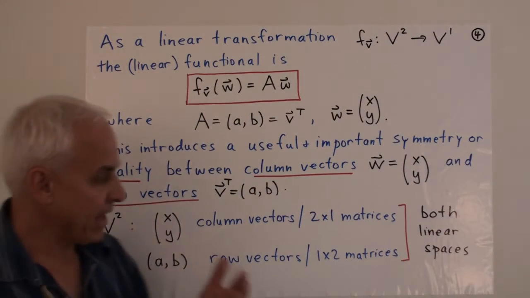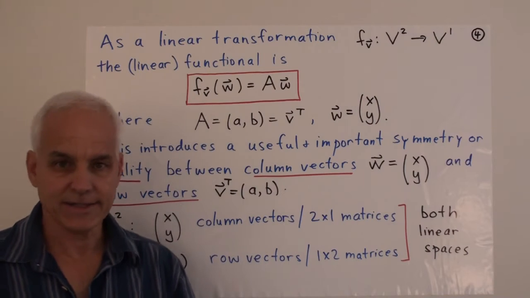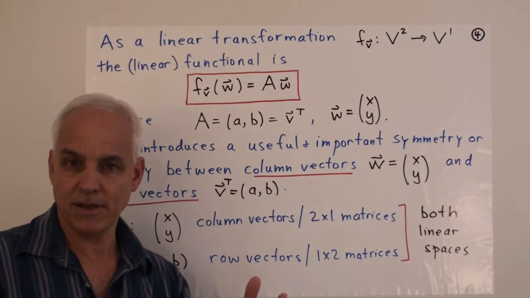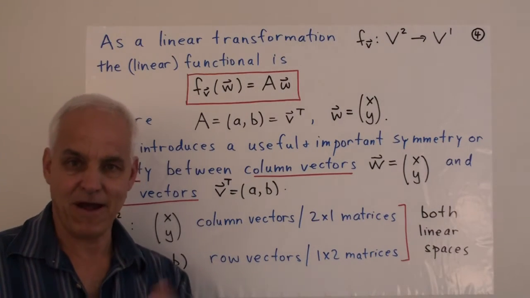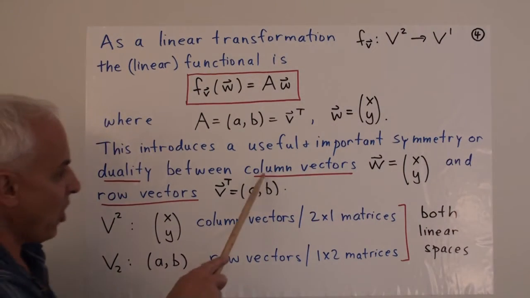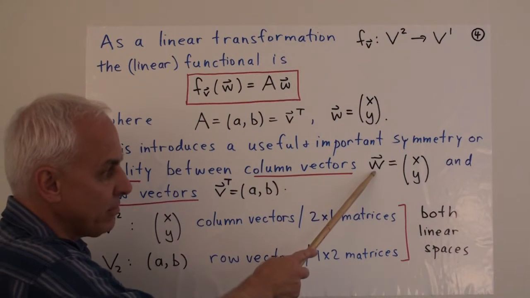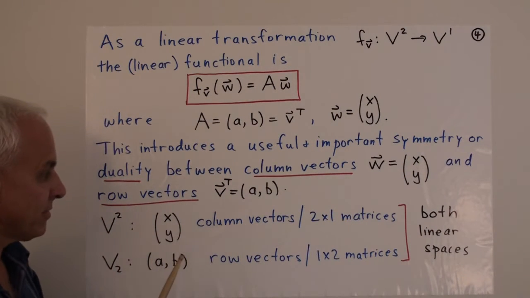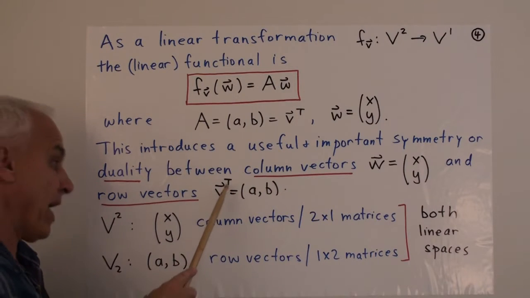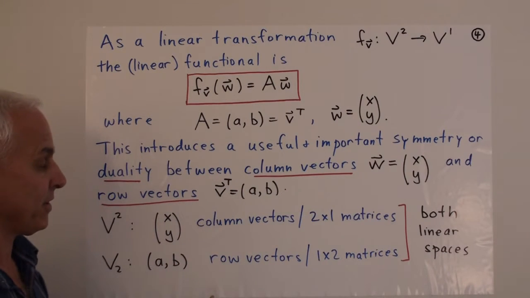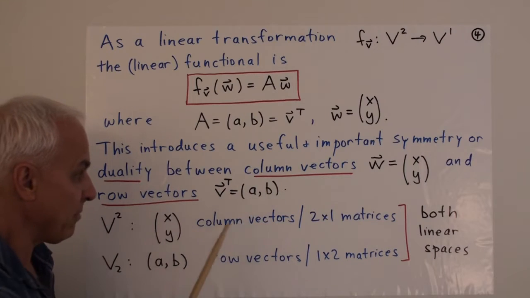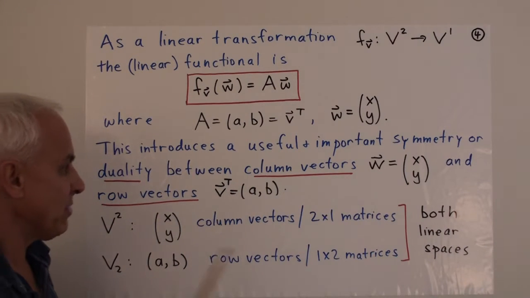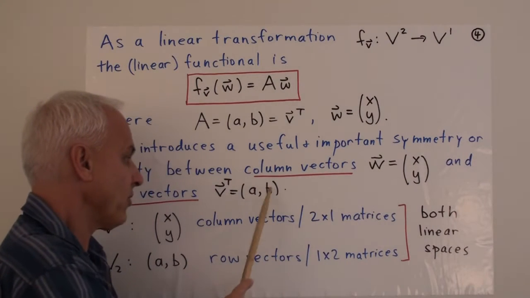But now we see that this dot product is somehow mixing these two types of vectors, or maybe we should think of it as sort of identifying them. So if we think of column vectors, say w of the form (x, y), and row vectors, which are obtained by the transposes of the column vectors, say the row vector (a, b), then there's really a symmetry in this situation between a column vector and a row vector.